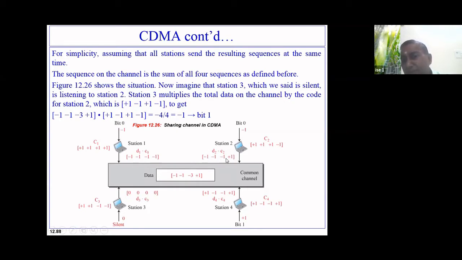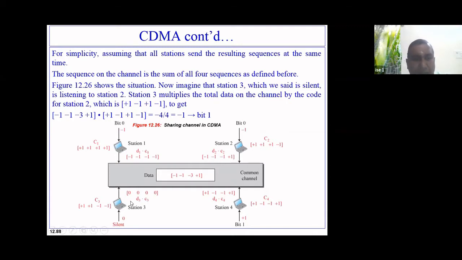Have you understood? So this is wrong and this is wrong. Why have I got the wrong value? Because I took the wrong chip code here, and multiplication is done like this. So this you should take as minus 1, then this becomes plus 1, then this becomes minus 1, and this becomes minus minus plus 1. Have you understood this? You have to correct it in the diagram.